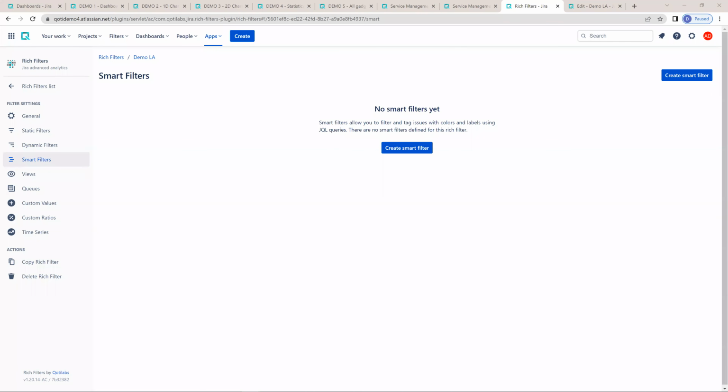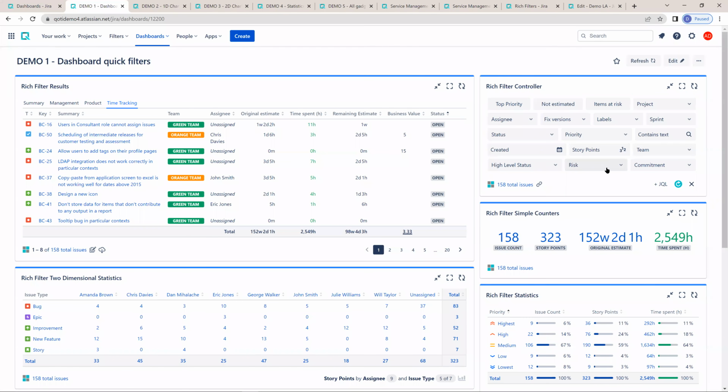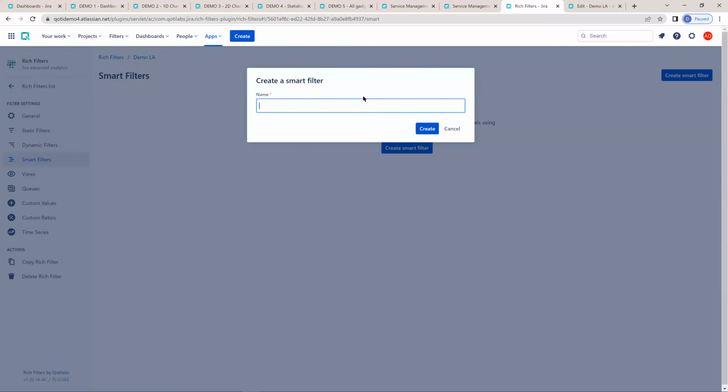So here I will add a smart filter. It's a different type of filter compared to the others. I had an example here in the initial dashboard. For instance, this is a smart filter. I implemented the idea of team. I have the orange team in my dashboard and the green team, and I will show you how exactly I've done this. So I go here and I create a smart filter called team,